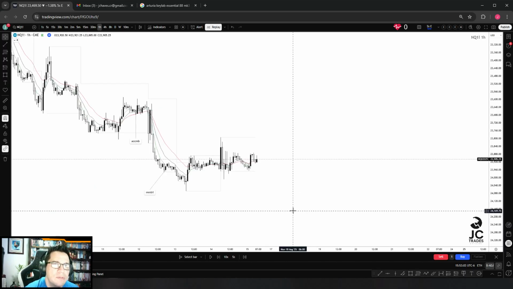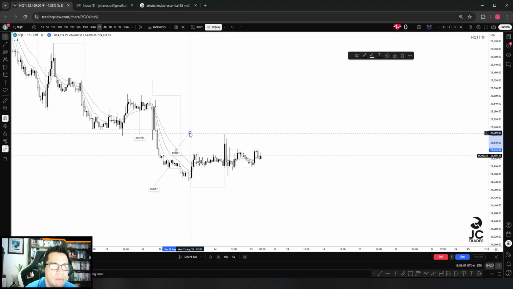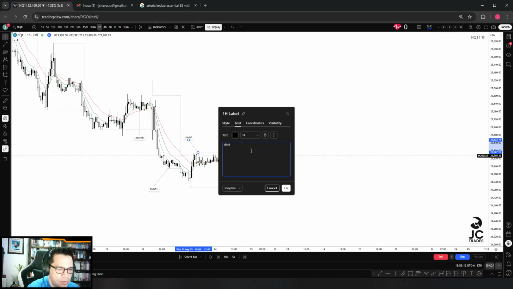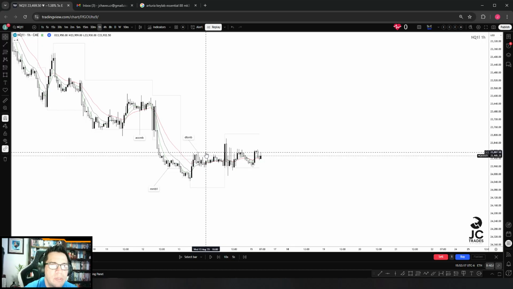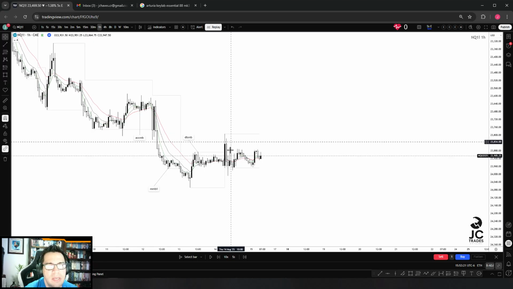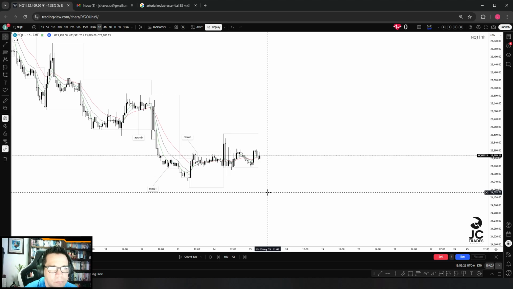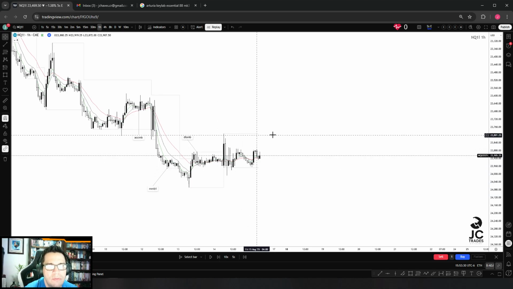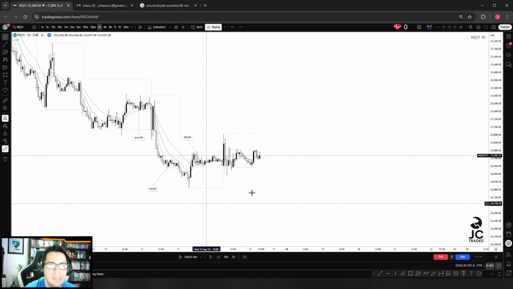If we flip this one here, this was kind of a distribution MB that was validated. So if this is what we were basically expecting to be the start of a new bearish cycle, but in this case came once again below the EMAs,